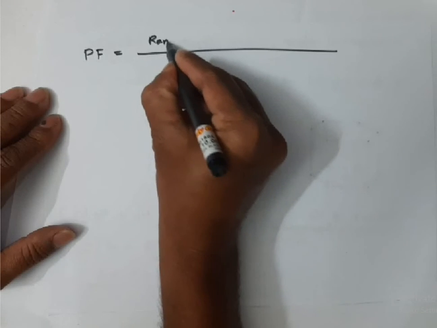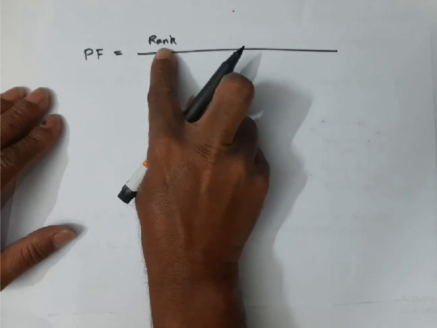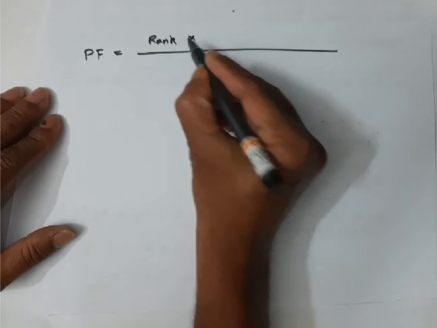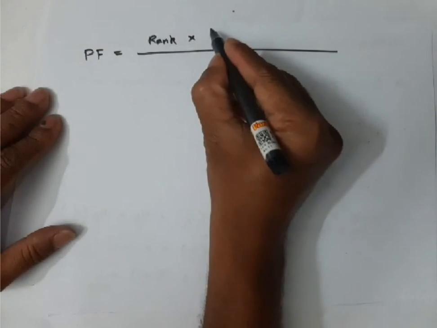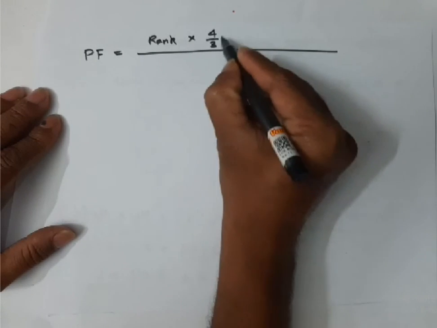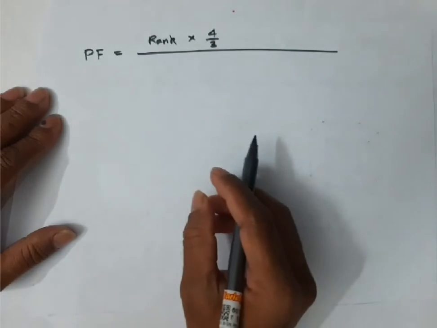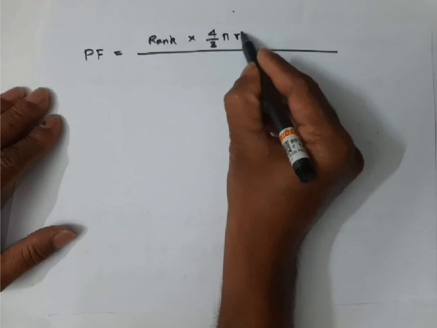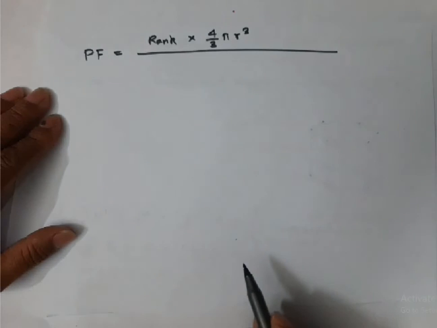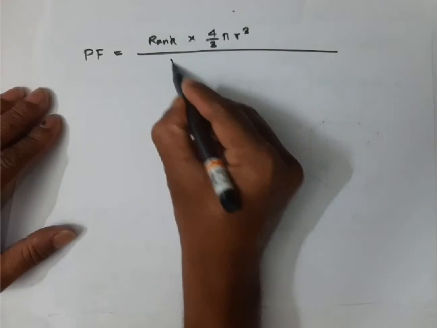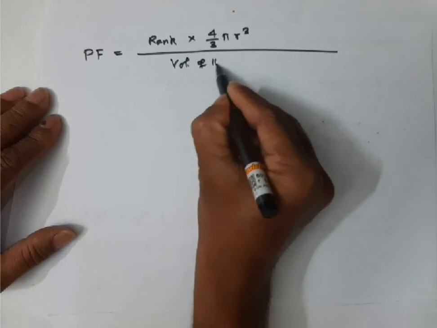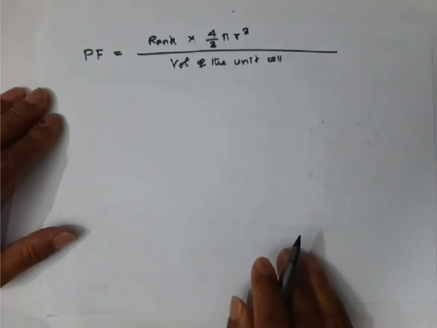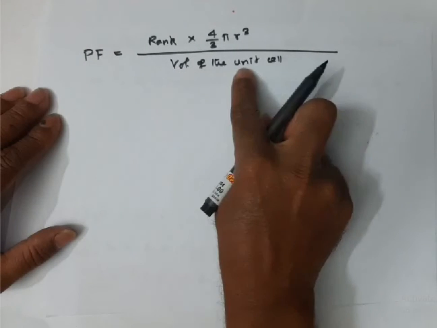the rank of the unit cell, which gives you the number of atoms present per unit cell, into the volume of each atom. We assume atoms are spherical in shape, therefore each atom has volume 4 by 3 pi r cube, where r is the radius of the atom, divided by the volume of the unit cell. This is the formula. Now, the volume of the unit cell,